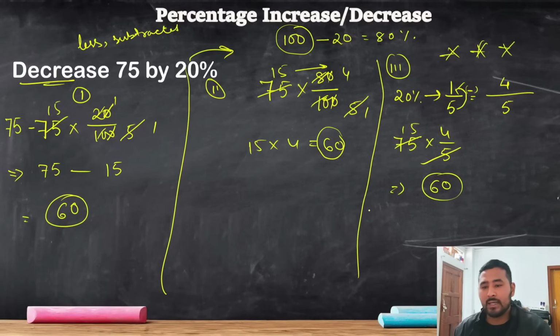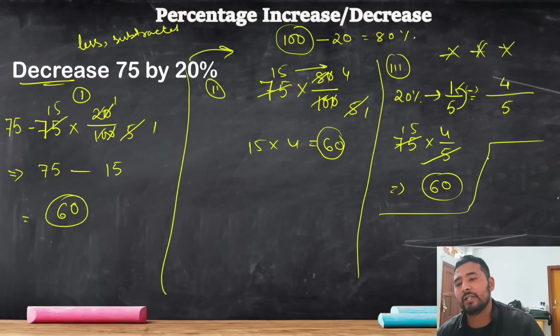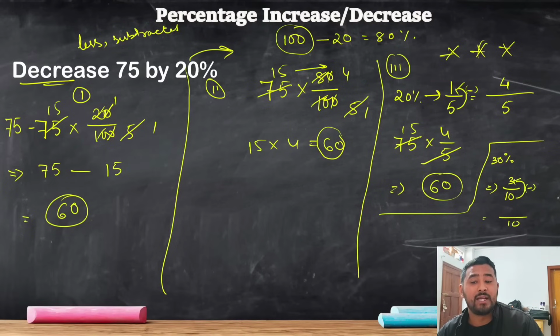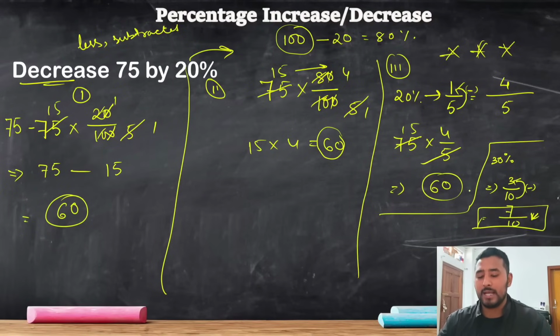One more thing. If I tell you, say decrease 20%, right? If I give you 30% now, decrease. So how will you do this one in fractional? You know, 30% is 3 by 10, right? So what you will do is subtract this one. The denominator will remain the same, 10. Now subtract, decrease. We're talking about decrease, less or subtracted, okay? So 10 minus 3 will be 7. So this is very important. I hope this is clear. Okay, so let's go now.